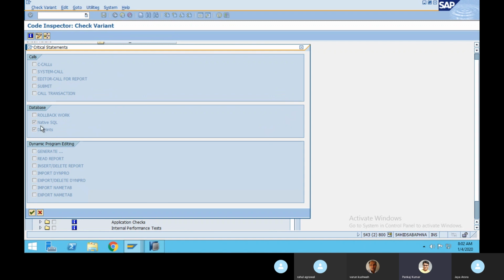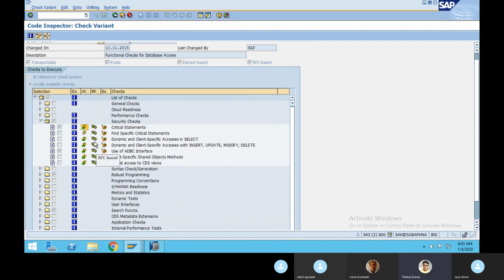If there is native SQL and db hints, it will give you an error. You can see it has been stated under critical statements. Native SQL DB hints will not be a showstopper, but native SQL will create a problem. It will give you a runtime dump if you do not correct it as per HANA. So either you have to convert it into OpenSQL or make it compatible with HANA native SQL.